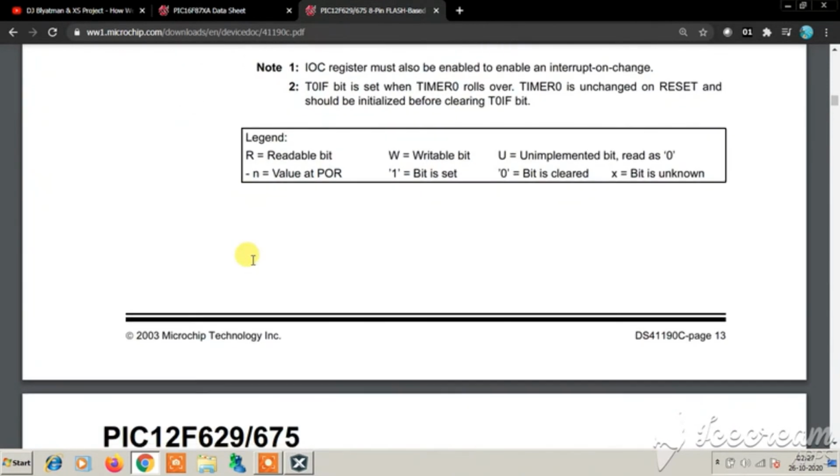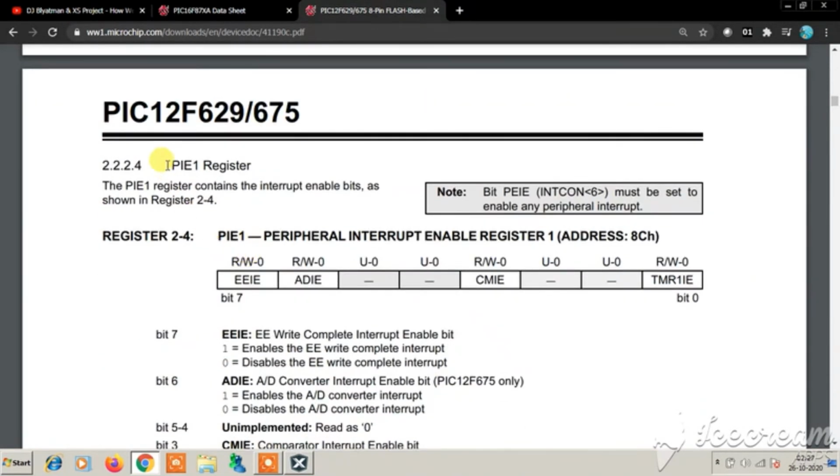So these are self-explanatory. Also moving below, PIE1, peripheral interrupt enable register 1. Also do note, PEIE is to be set before enabling any peripheral interrupt. So this is the EEPROM, AD converter, comparator, and the timer 1. These are the contents in the PIE1 register.